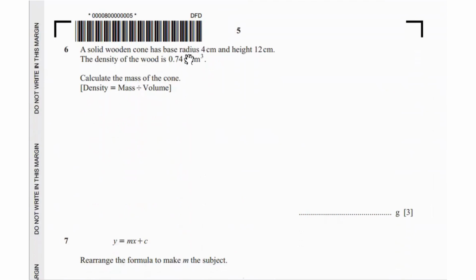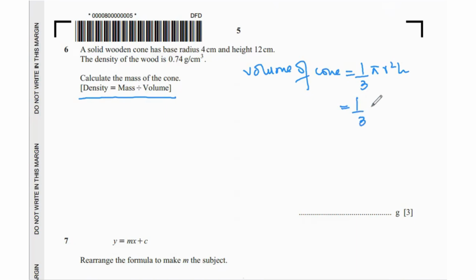Then a solid wooden cone has base radius 4 centimeters and height 12 centimeters. The density of the wood is 0.74 grams per centimeter cubed. Calculate the mass of the cone. They've already given the formula. So first you need to find the value of the volume. Now it's a cone, so volume of cone is 1 over 3 pi r squared h. R is 4, so 4 squared, and height is 12. When you solve that, what you should get is